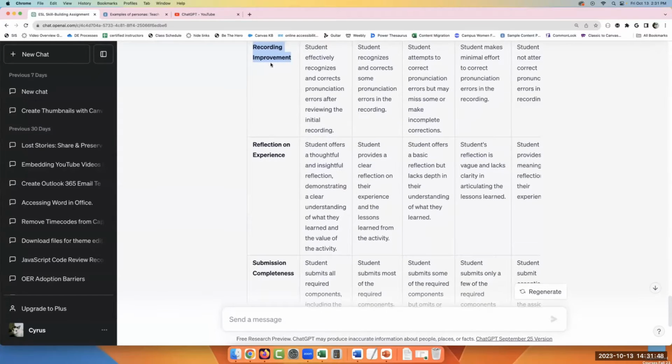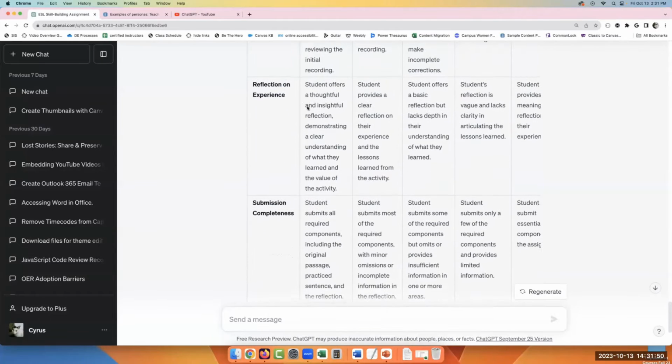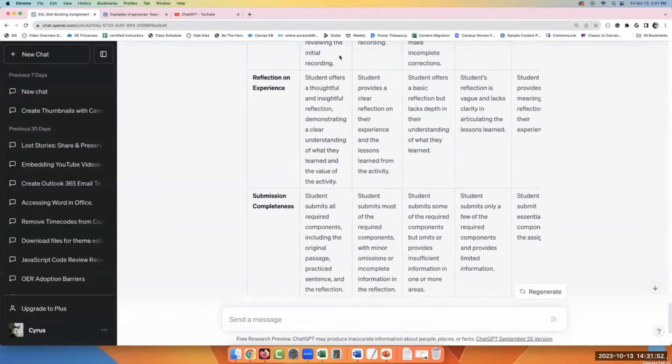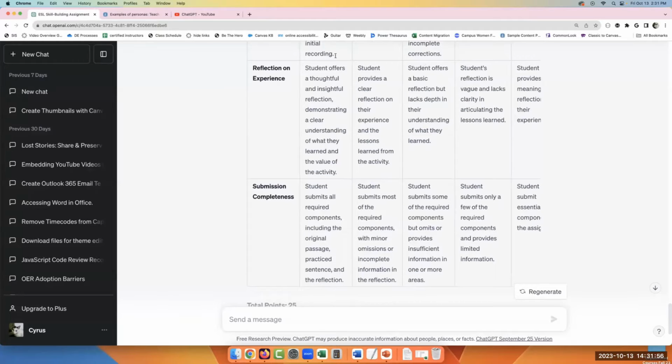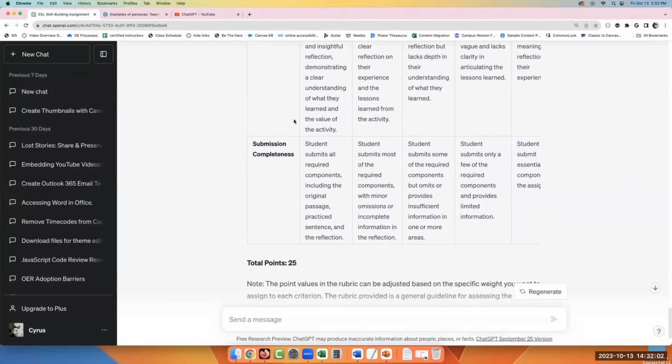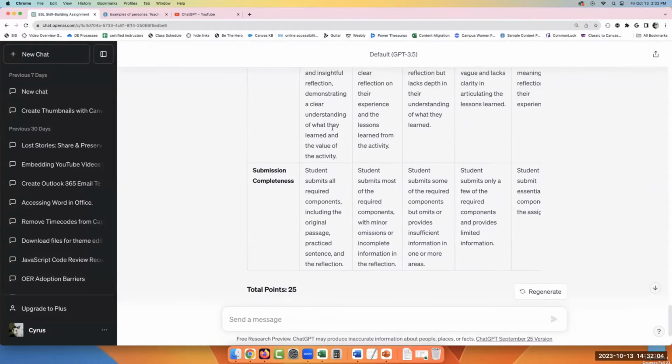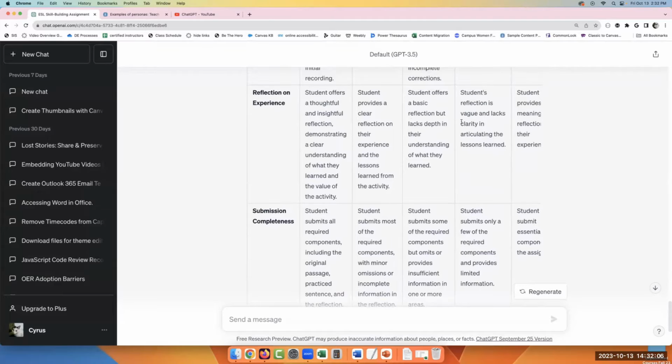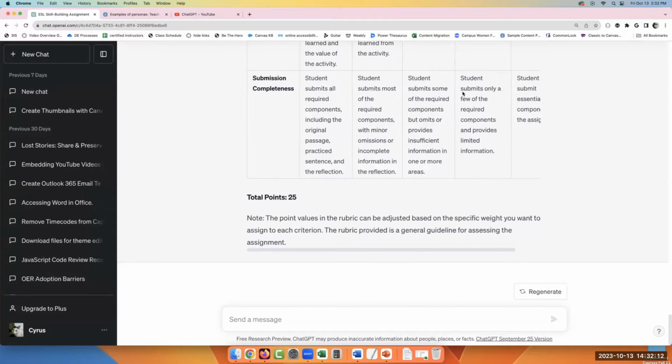So maybe we would ask to take this part out. Or if this is a live Zoom experience, it might be perfect. You can give them some pointers there. Reflection, if we're taking that out, we could leave that in if this were a discussion. We could add something where I want you to listen to other people's submissions and then reflect, and give that a point value as well. But just right out of the box, this is pretty good as a rubric.